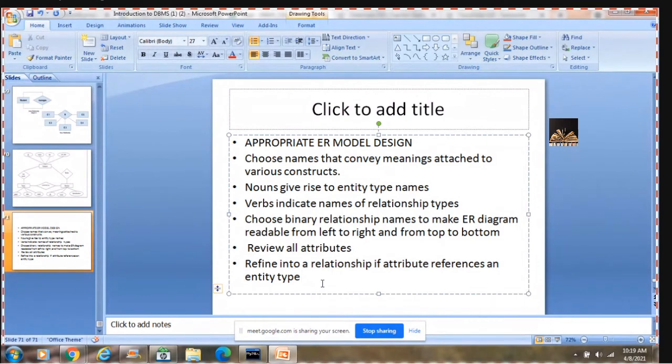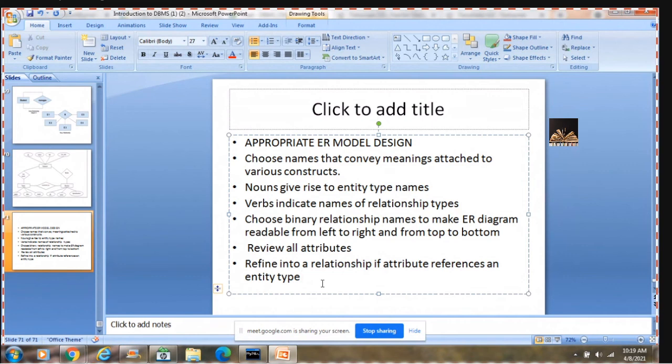Before you finalize the different attributes for a particular entity, try to review all the attributes, whether they are properly framed, whether that particular attribute is feasible or correct. You have to review all that.